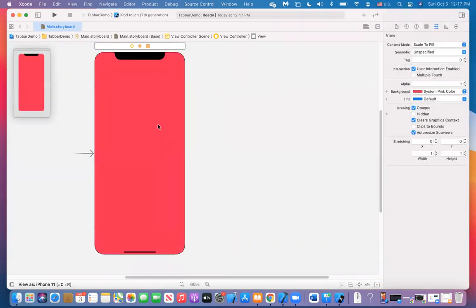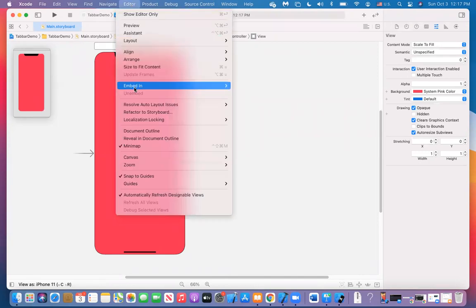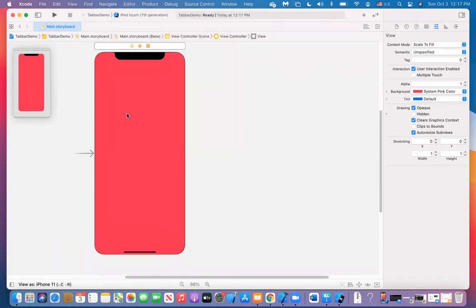So this first view controller would have a red background in the view. Now next, what I'm going to do, you see this button here? It says embed in. You could do that in here, and I think you could do it also in Editor, embed in, same way here. So either you can do it in Editor, embed in, or for simplicity, you select the view controller and then embed in. Last time we did embed in navigation controller, but here you can do the embed in tab bar